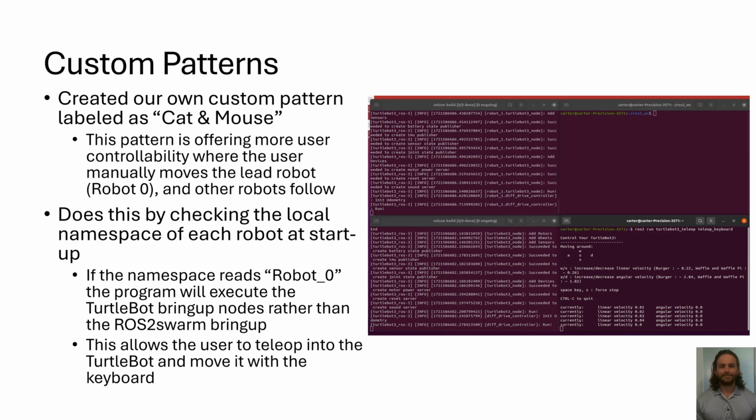Custom patterns are able to be made. We have created our own custom pattern, and we labeled it as cat and mouse. This pattern offers more user controllability, where the user manually moves a lead robot, robot 0, and other robots